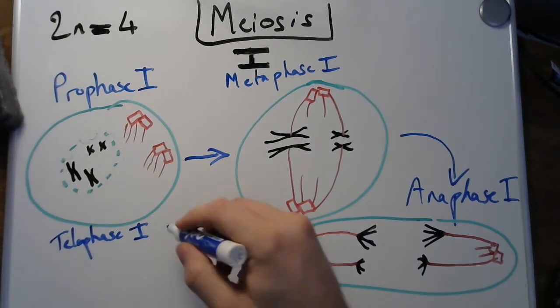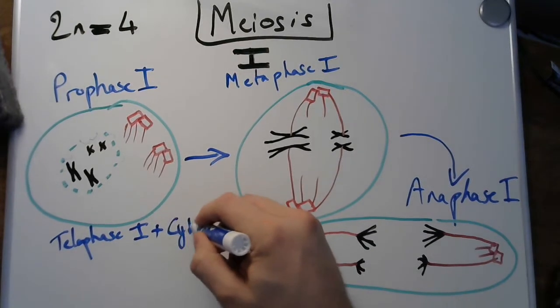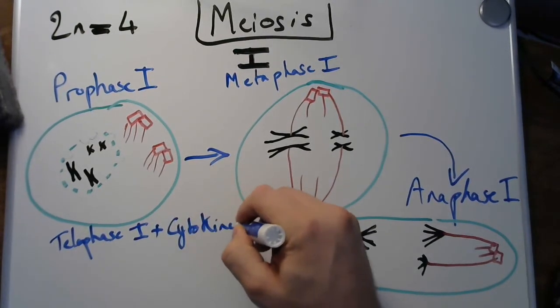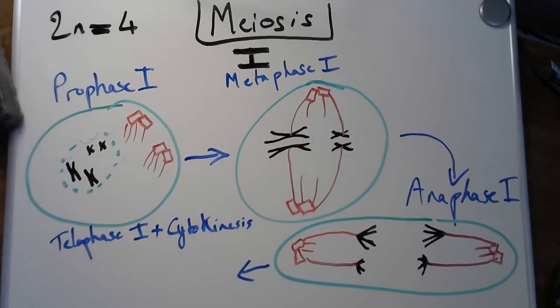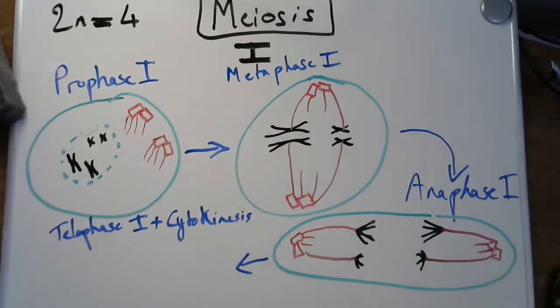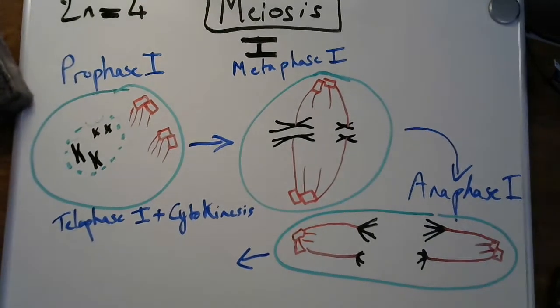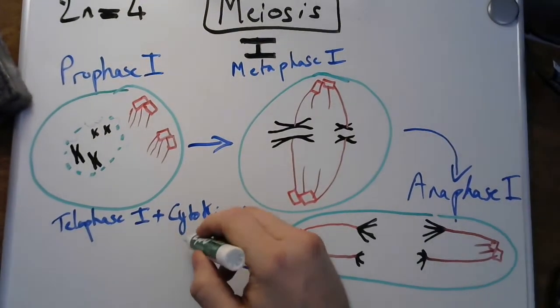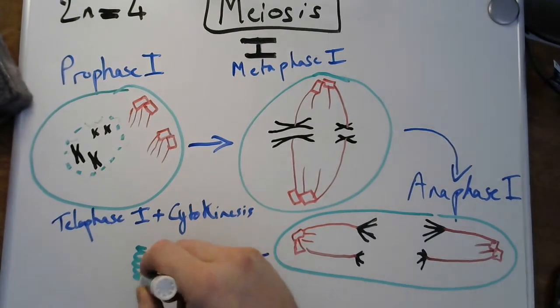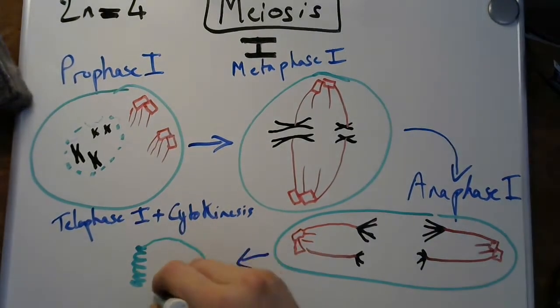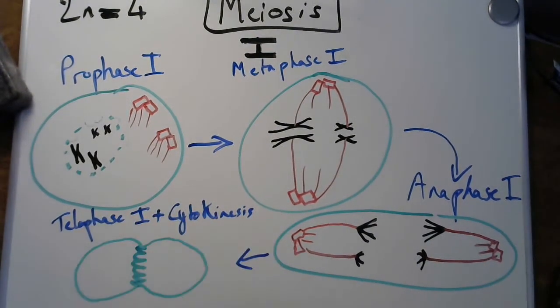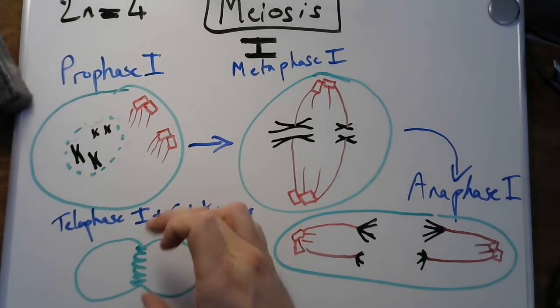1. And then you have plus cytokinesis here. Because we're still in meiosis, we're going to go to meiosis 2. But the first step of meiosis, at the end of meiosis 1, is telophase 1, followed by cytokinesis. So now you get the cell to be split. And so now you get the plate at the middle, if you're a cell from a plant. If you're an animal cell, you still see the squeezing in the